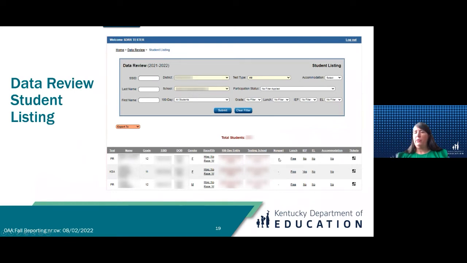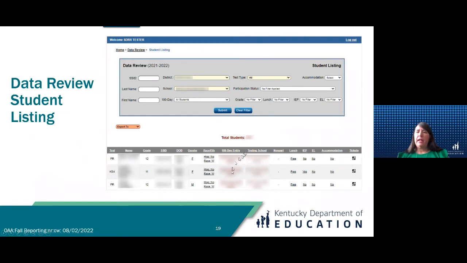If the non-participation is approved, it'll tell you which non-participation you filled out. For example, if you filled out a medical, it'll say MED here in the column once it's approved.